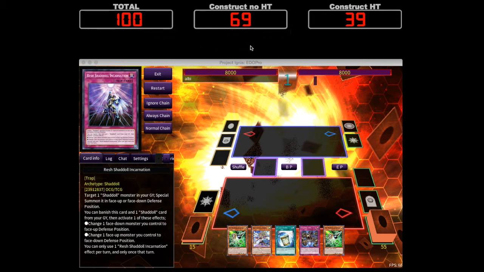So the thing is this: we need to analyze these numbers to get, as I said earlier, some kind of confidence interval. So this number can only tell us that, knowing that we draw 100 hands and we got a positive result 69% of the time and a negative one in 31, and here is 39% positive and 61 negative. Using these values, we can estimate what is the real probability, meaning to say, if we